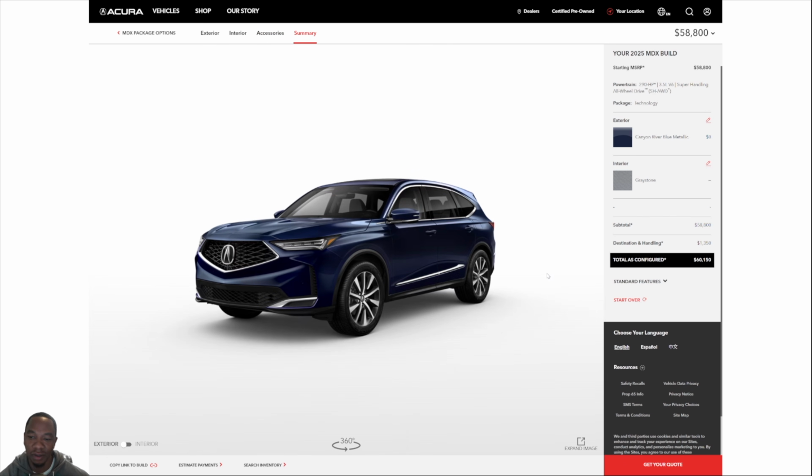So let's jump into the summary and break down pricing on the MDX. Taking a look at a Super Handling All-Wheel Drive technology package in Canyon River Blue Metallic, you're looking at 58,800 plus the destination and handling, which is 1,350. MSRP is 60,150. For about 3-4 grand more, you can go up to an A-Spec, and then for a few grand less,